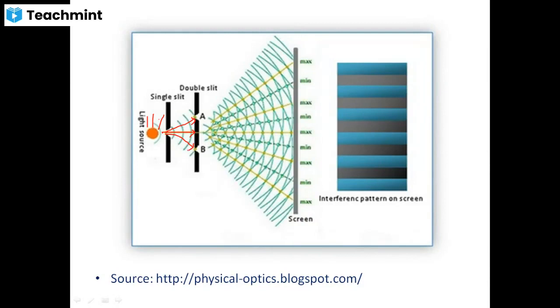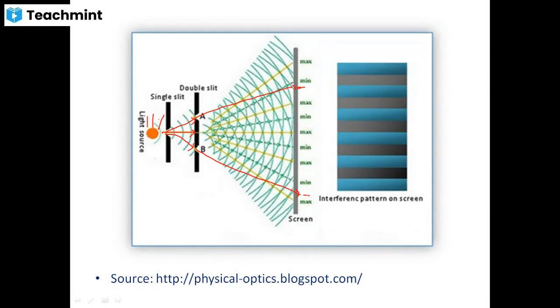Then finally, we expect that this ray travels straight and we have one band here, and this ray travels straight and we have one band here. So ultimately we expect two bands on the screen if it is a ray property, traveling in a straight line. Because there are two openings and light travels straight, there should be a band here and a band here. This is what we normally expect.